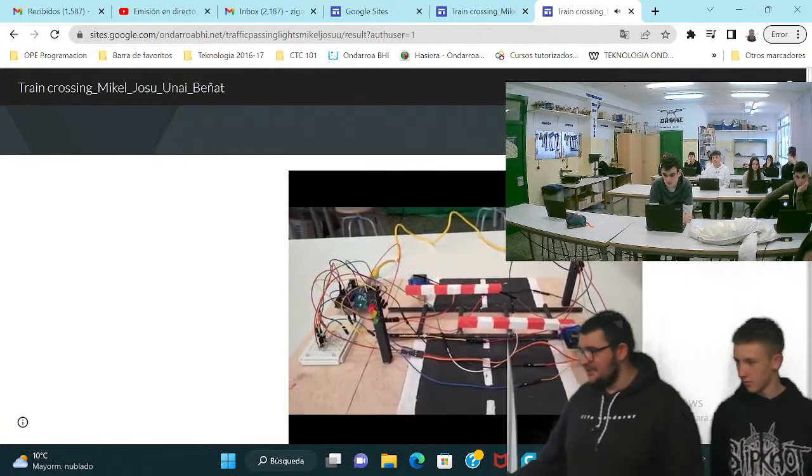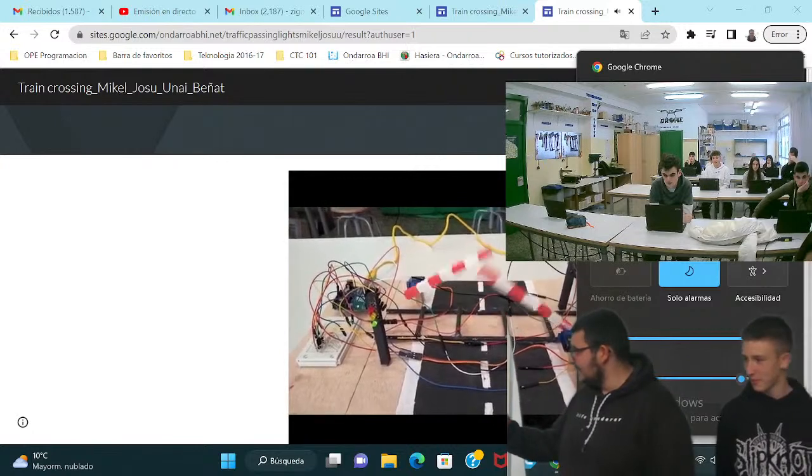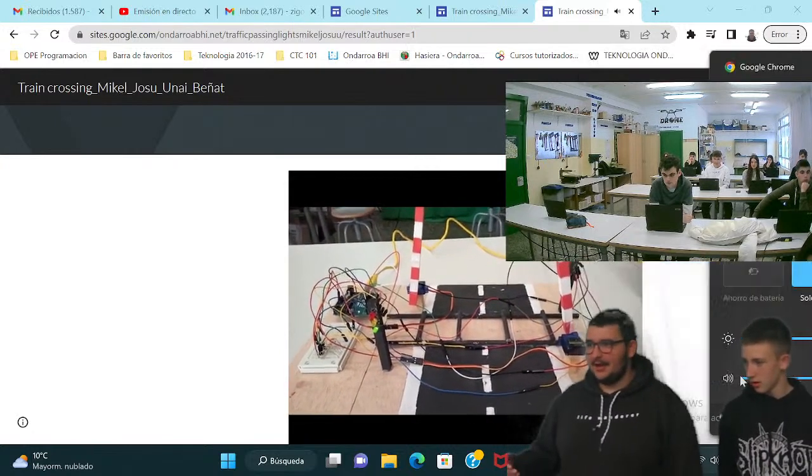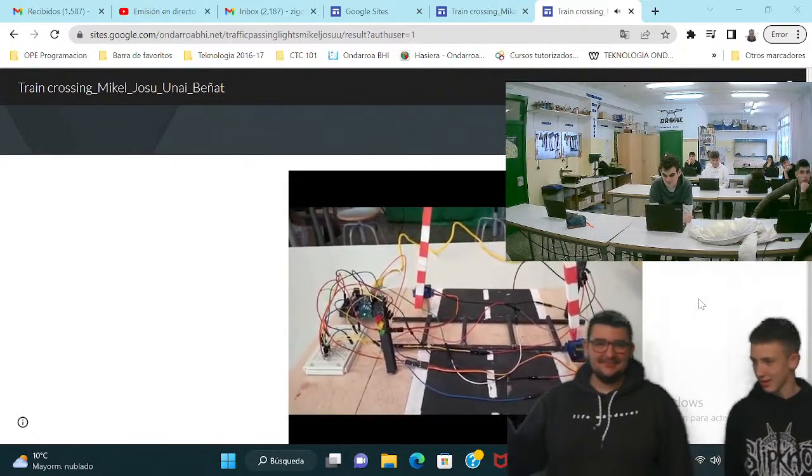There we can see that when the barrier is down, the red light is on, and when the barrier goes up,